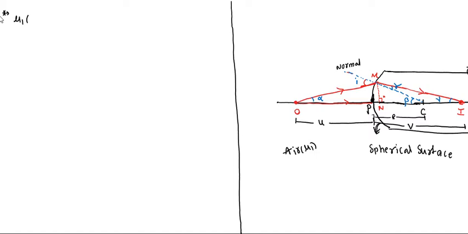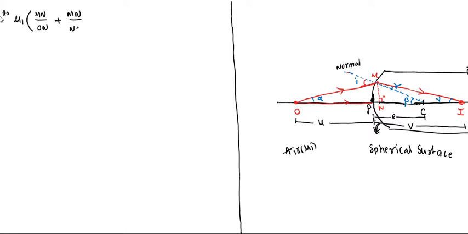What is tan alpha? We have to substitute all the things, tan alpha, tan beta, tan gamma, in the above equation. Then that is nu 1 into i, but i is alpha plus beta, then tan alpha plus tan beta. What did we write for tan alpha? Tan alpha we wrote as Mn by On, right? And plus tan beta. What is tan beta? Tan beta will be Mn by Nc.